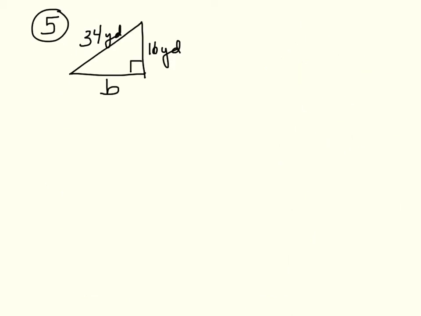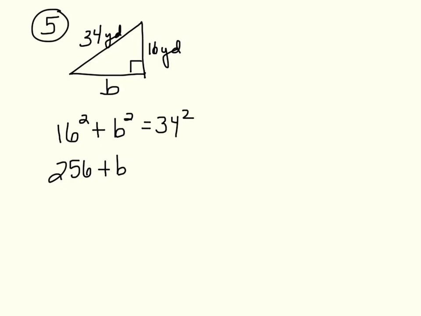Example number 5, find the missing side. This missing side is B, so we're going to plug it in. 16 squared plus B squared equals 34 squared. Once again, these two sides here are the legs because they make the right angle, so A and B. 16 squared is 256 plus B squared equals 34 squared, which is